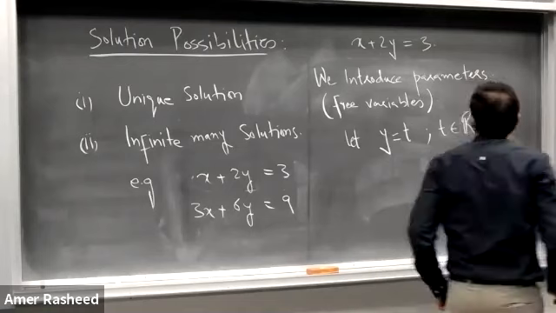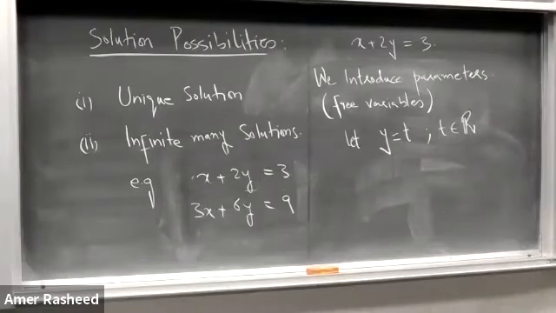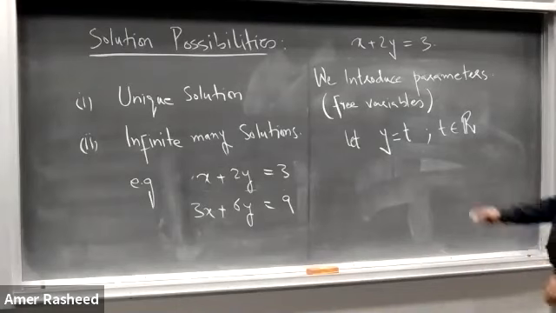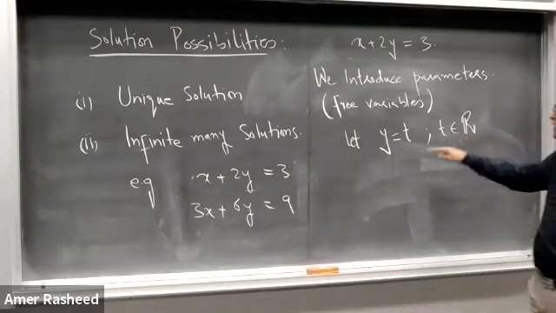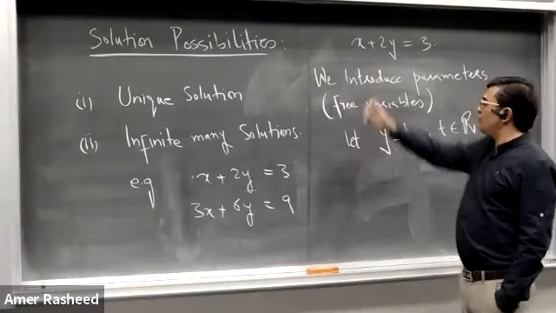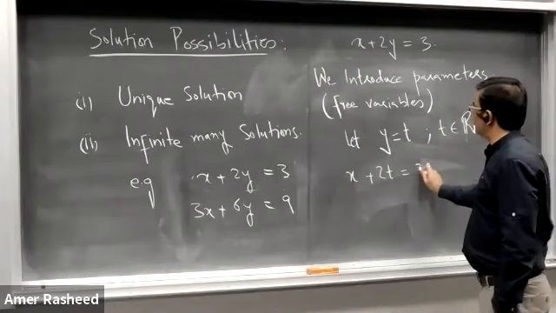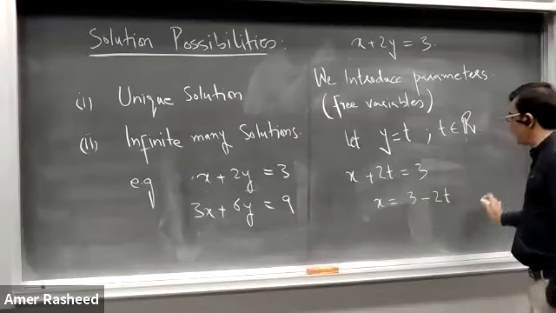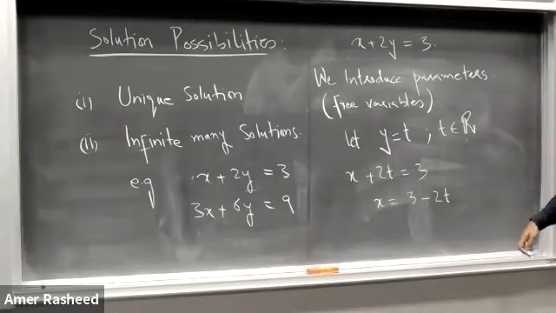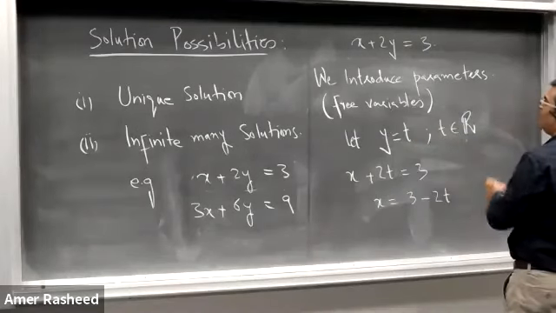Suppose that y is equal to t, where t is some free variable or parameter. I assume it, where t belongs to R, t can have any value from R. Now, if we put it back into this equation, I can find the value of x: x plus 2t is equal to 3. Now, x is what? Its value is 3 minus 2t. Okay? And the solution of this linear system can be written as